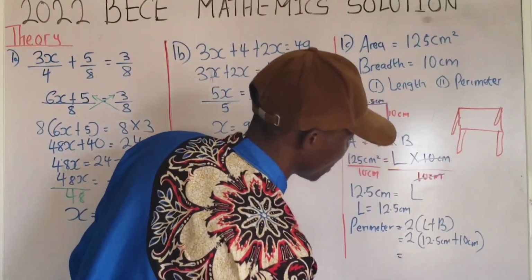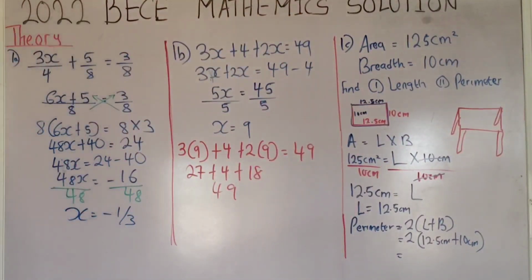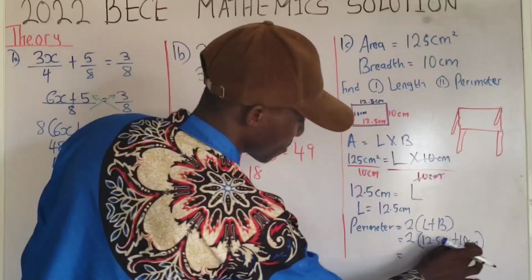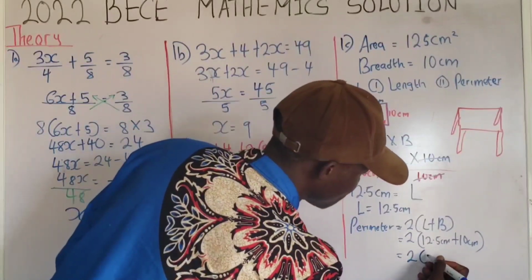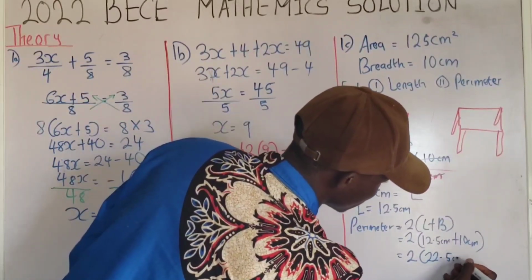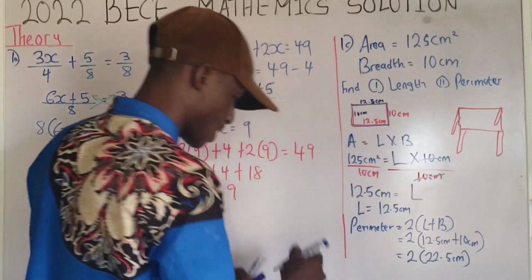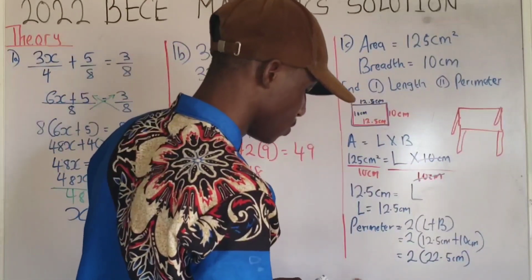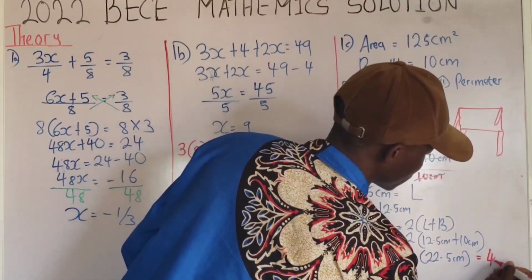Okay, so the perimeter here is 12.5. Please pay attention. 12.5 centimeter plus 10 centimeter, that is 22.5, right? Then 22.5 times 2, that is 45. Do you understand? This is what I did. 2 into bracket 22.5 centimeter. Okay, 22.5 centimeter times 2, that will give you 45